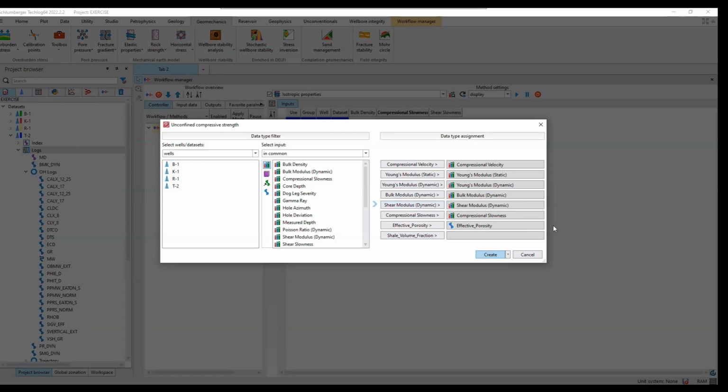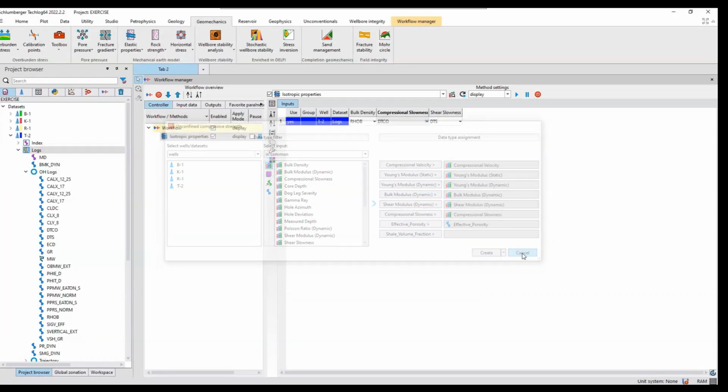We have all these parameters except Young modulus static. So for this one, you need a static Young modulus. One thing to note, all these tabs are grayed out. So if you remove one of these, it will still calculate your required. At least you need to have one input, the rest it will calculate by itself. So I'll just cancel out this one